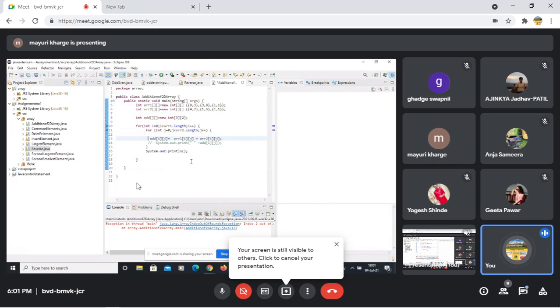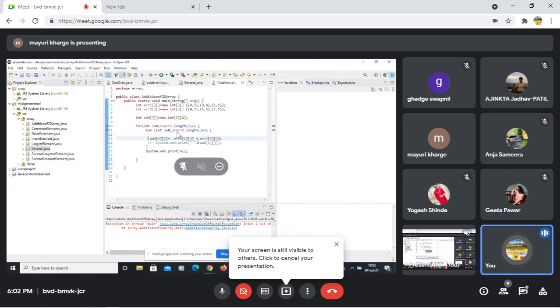Add of i of j, that is correct, equals to 3 row 2 column. Array1 i of j plus array2 i of j. So basically I think some element is getting, let me see, array of 3 of 2, that is also correct.